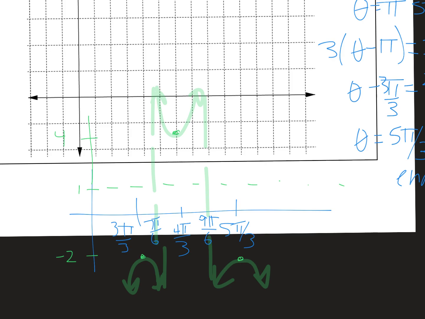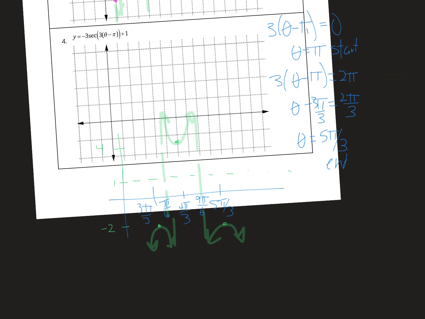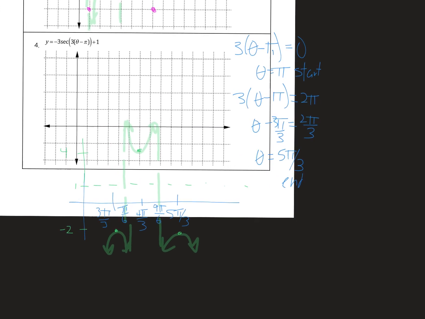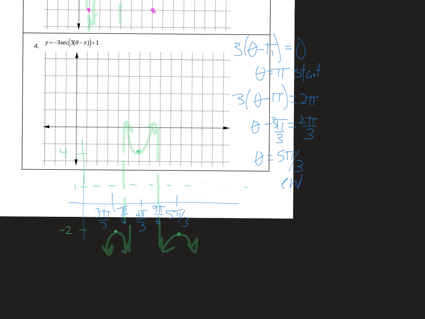All right, I'm going to go back and recap this to make sure we really got it. So we got the secant. Secant is with cosine. So I took the 3 theta minus pi, set that equal to 0 to figure out the x value we start at, and set it equal to 2 pi to figure out the x value we end at. So that was 5 pi over 3. So I start at pi, which I call 3 pi over 3 here, and end at 5 pi over 3, which is here. If I'm thinking cosine,